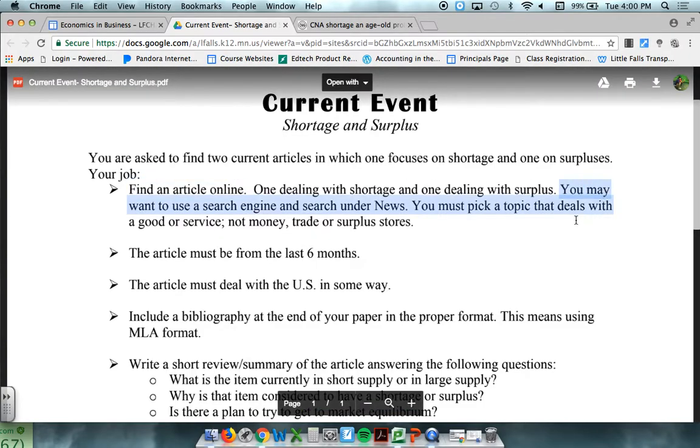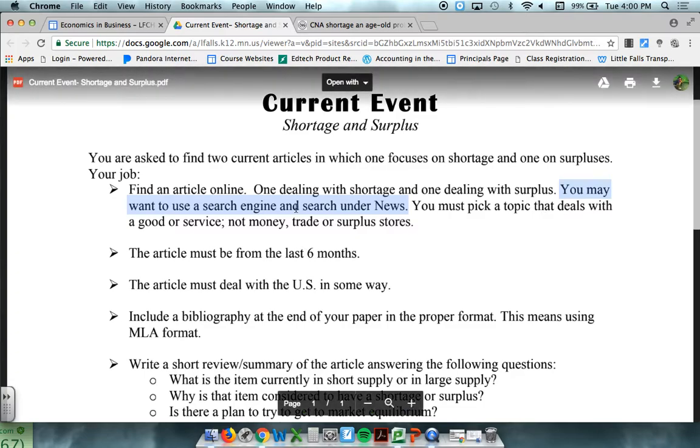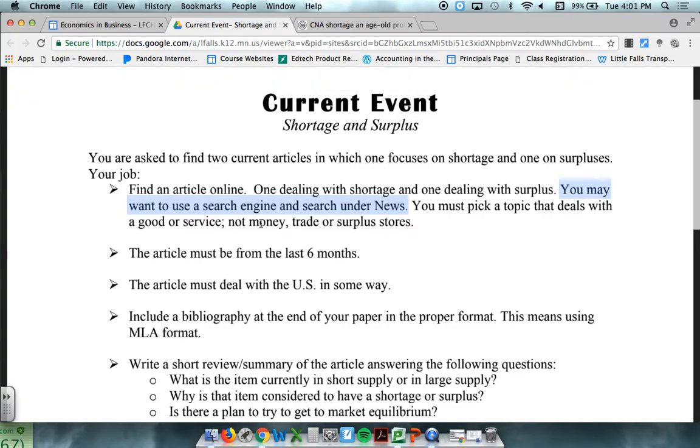My suggestion when you search for this is to use a search engine and to search under the news tab. So going to Google, and I'll show you that here in just a second. You must pick a topic that deals with a good or a service. It cannot deal with money, it cannot deal with cash, it cannot deal with a budget in any way. It has to be a physical product or possibly a service like nurses or teachers or plumbers or a job